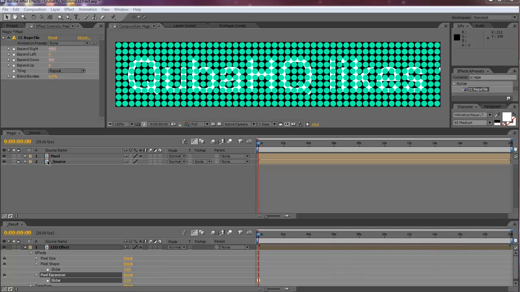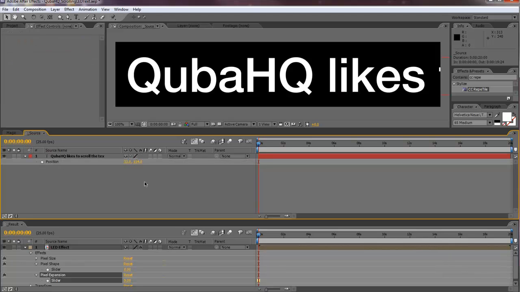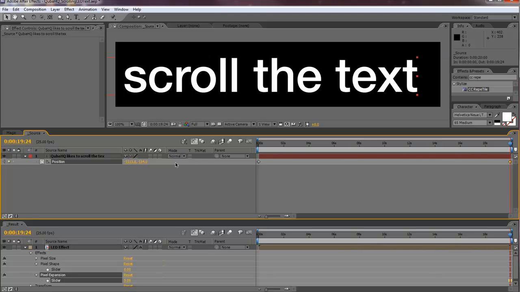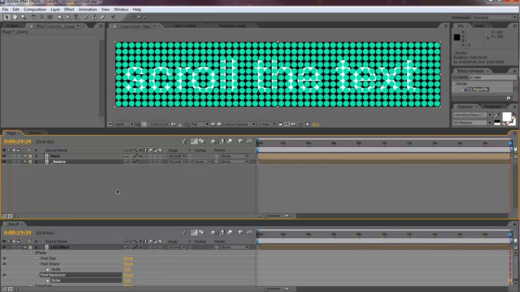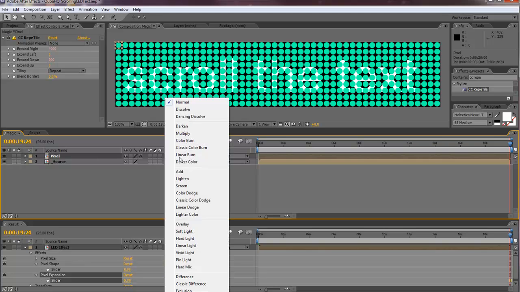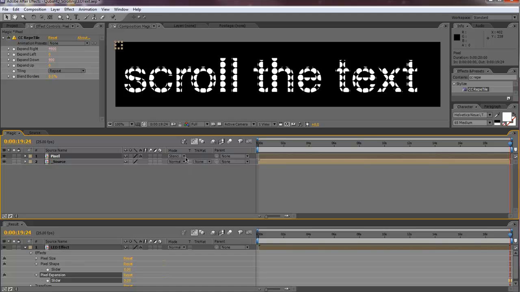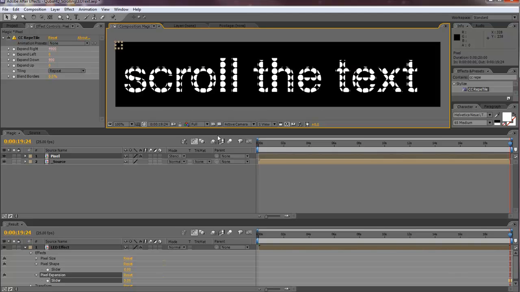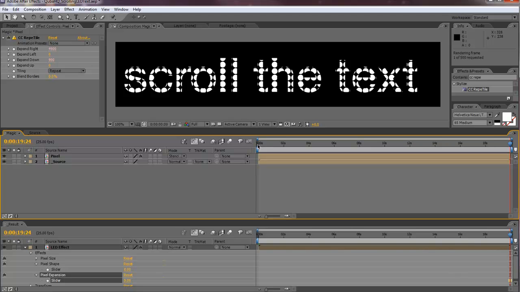Let me show you something. If we right now go into source, let's open that composition and do some simple animation. Later on we're going to animate it with expressions, but for now let's just change the position manually. Then we come back here and set the pixel mode into, you can't see it, it's off the screen, but I'm choosing stencil alpha so that, well, it creates a stencil. And we start previewing it,